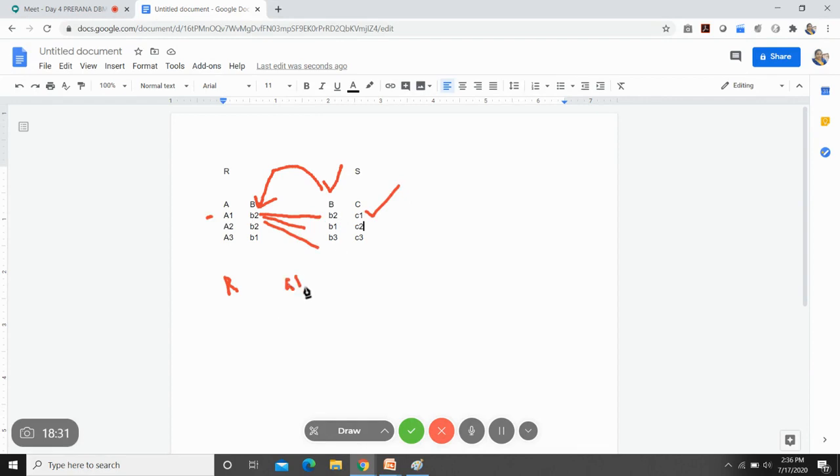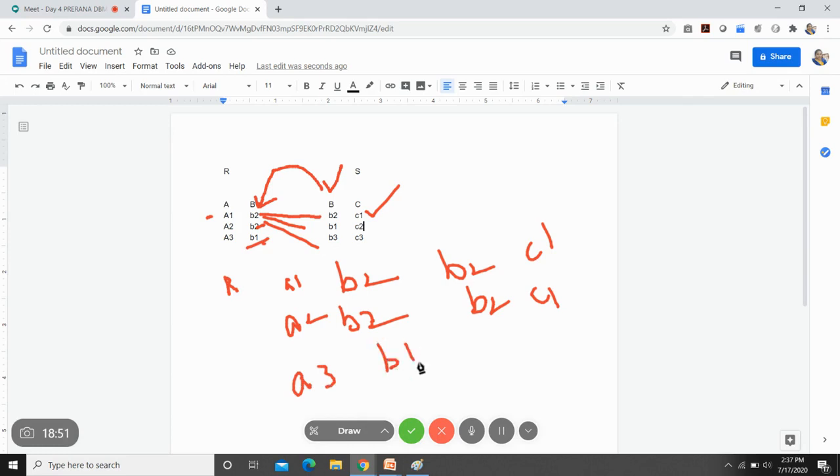So we will get A1, B2, B2, C1. Then considering this record, you will get A2, B2, B2, C1. Then considering this record, how many are we getting? A3, B1, B1, C2.